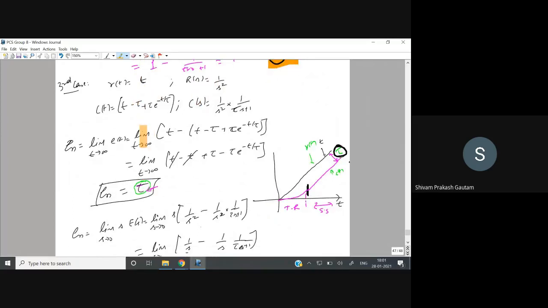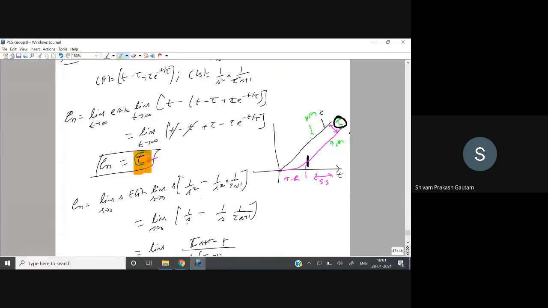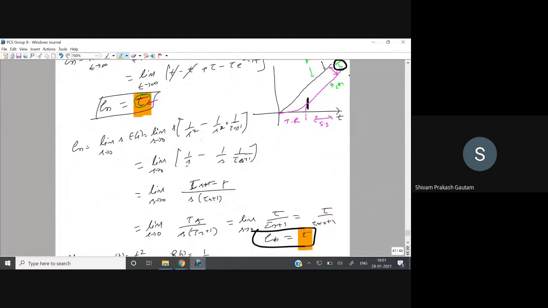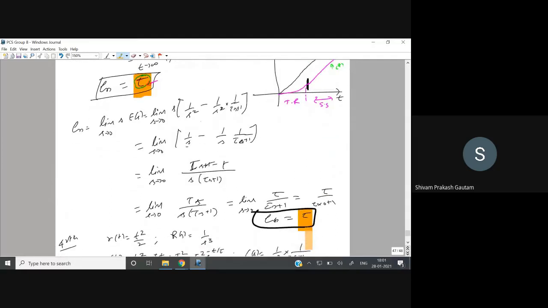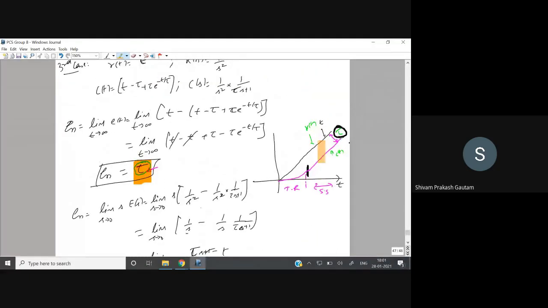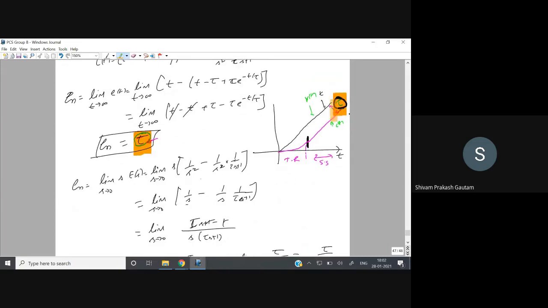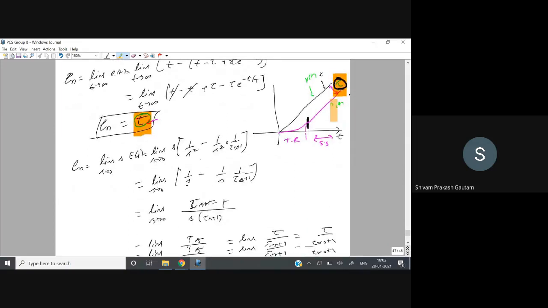So we have calculated the steady state error tau by time domain, and by final value theorem also we have calculated that steady state error is tau, right? So you can see there is a difference between input and output, that is tau. That is a constant. Tau is a constant. It is not a variable, right? So a constant error will be there between input and output at steady state. So we can call this system also a controlled system, because it is not increasing and it is not tending to infinity. Error is a constant error.